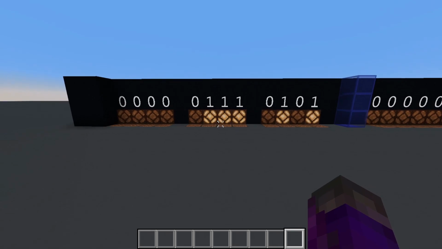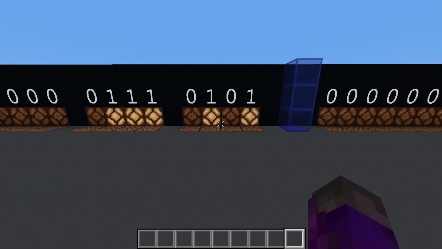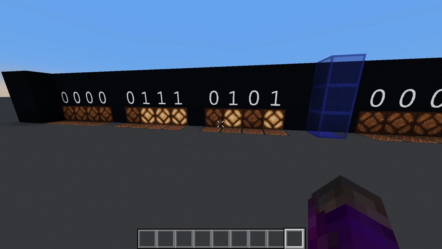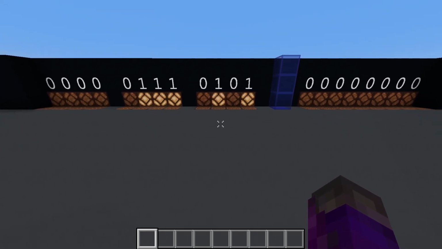And that's the output. The tens place nibble is 7, and the ones place nibble is 5. So that is the BCD representation of the number 75. Now we've gone over the algorithm once. Let's try it again with a larger number, say